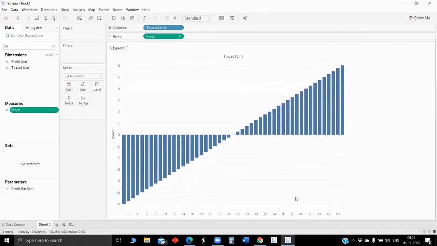This is the logic actually. We don't have this 1 to 49 anywhere in this data source. First, we are writing this condition to get this 1 to 49. Then we are using the index function to distribute it in the range from minus 6 to plus 6. And now we got a kind of line at an angle of 45 degrees. Now we will smoothen this line to get an awesome curve.